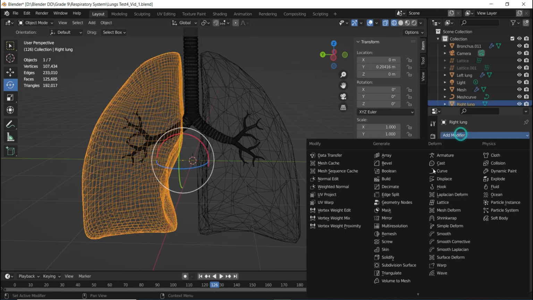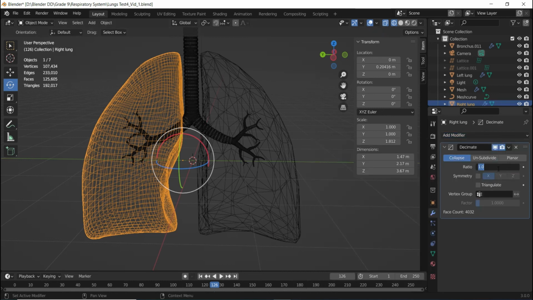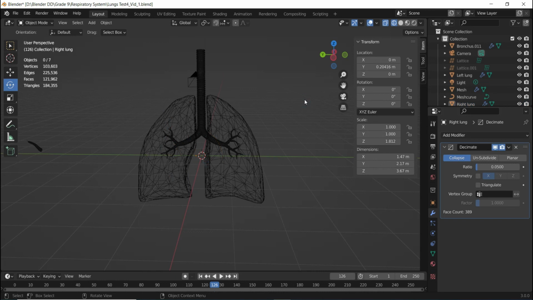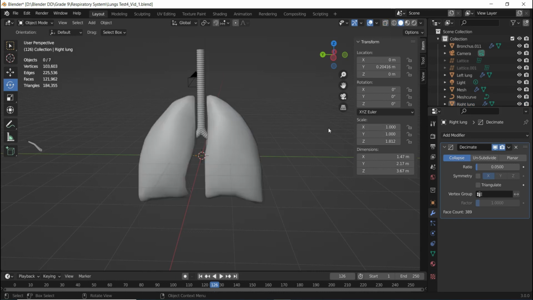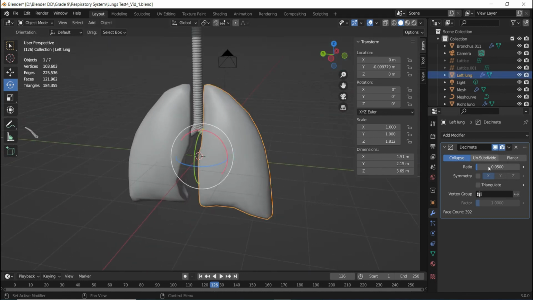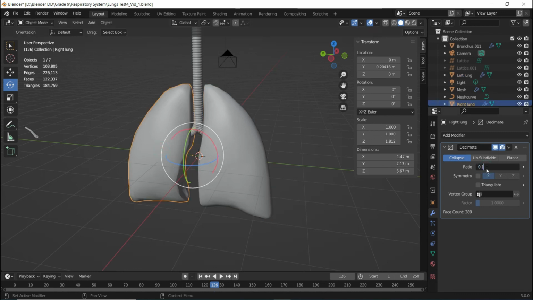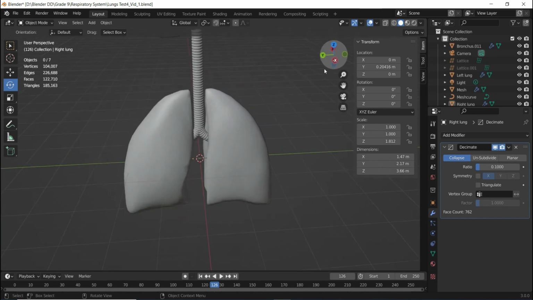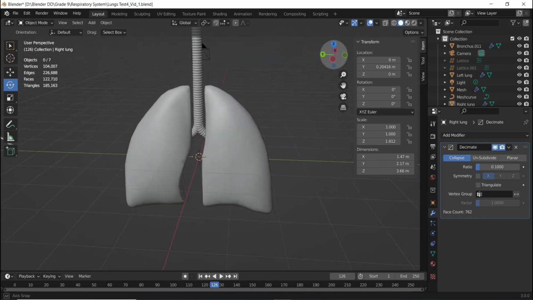So let's go here, and on this lung also I'm going to apply decimate, and I'm going to keep the same value. And now the face count is at 121,000. So most of the mesh count is here only. By this also we can work. If I look, there's not a tiny bit of difference I can identify, so I think 0.1 would be good. So just to keep our scene light, I am going to keep the decimate modifier on all the elements like this only, and we can continue our work.